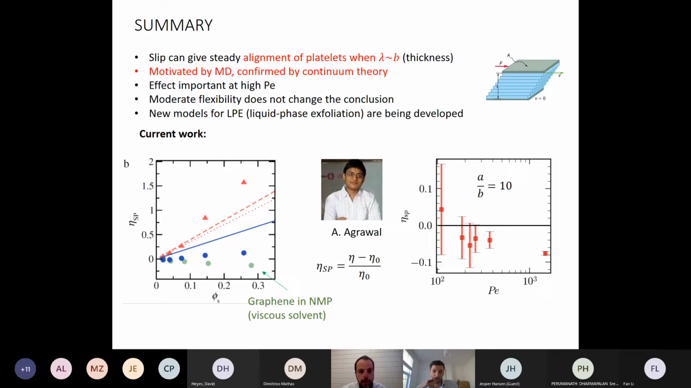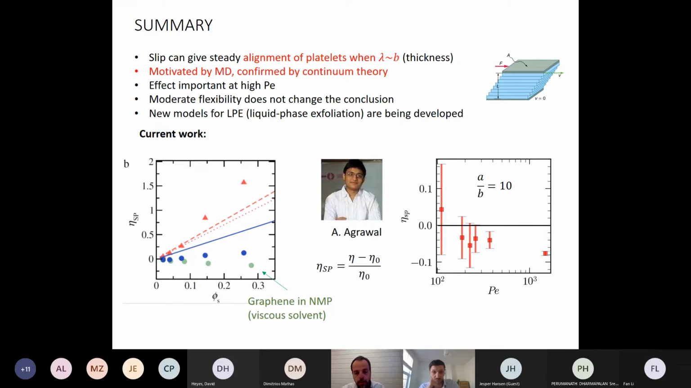We'll try to wrap up because I'm mindful of time. So in summary, we have seen that there is very interesting physics to be explored when the slip length is comparable to the thickness. The work was really motivated by MD. Everything started from there, and the current work is trying to